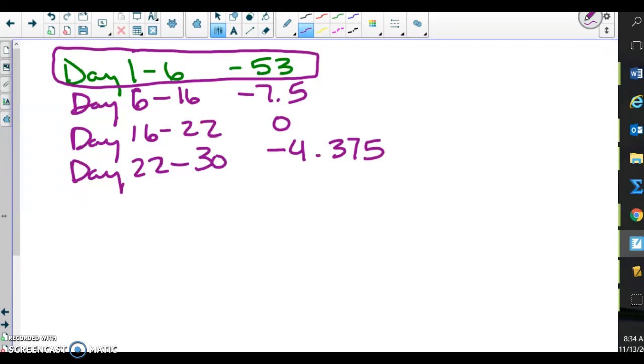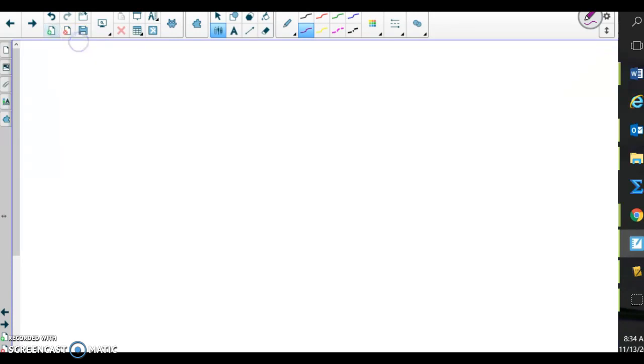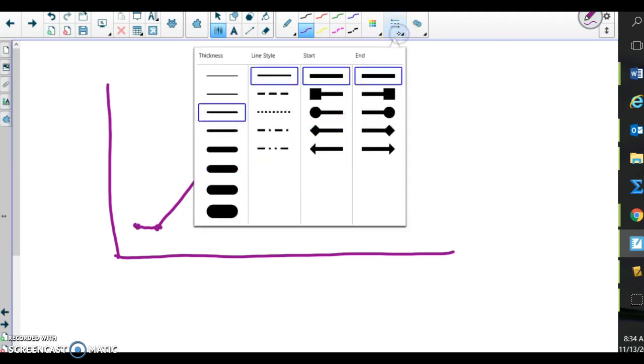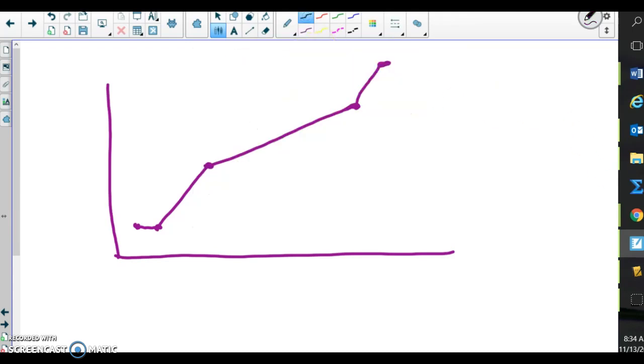Let's go ahead and take a look at example 2, finding rates of change from a graph. This is going to be similar to what we just did. We just don't have our data in table form. So if you look at the graph carefully, we see something roughly like this. And when I say roughly, I mean roughly. We're going to look at this first segment. Let's get something that's a little easier to work with here. This first segment from here to here. And if you look closely in your book, you can see that the